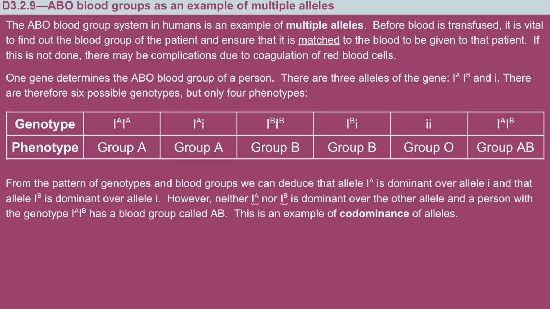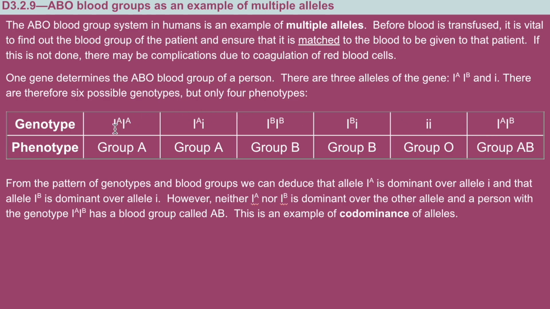Okay, another example that you should be familiar with are ABO blood groups. This is a special case where we have multiple alleles, as seen in that earlier example of the gene pool. There are 3 different alleles that are possible. Each individual will only receive 2, one from mom and one from dad, but there are 3 options. Those options include the 2 codominant alleles, big IA and big IB, and then there is the recessive allele, little i. And you can see here that there are 6 different combinations that are possible from those